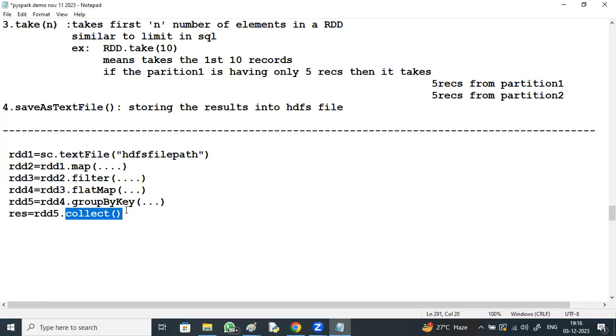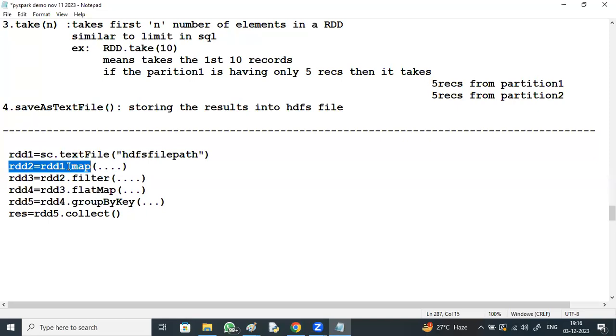Collect is an action, count is an action, take is an action. If you apply these actions on an RDD, the result you are going to get is... So in the practical part, along with this discussion, immediately you will get that response. Here it will say RDD or Python object. It will display that. Okay. So when you are applying something on an RDD, first you will know whether it is a transformation or an action.